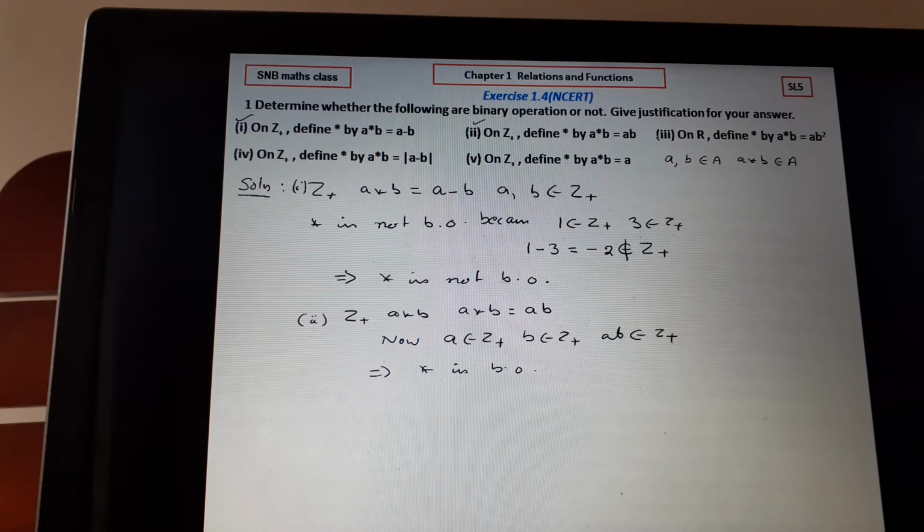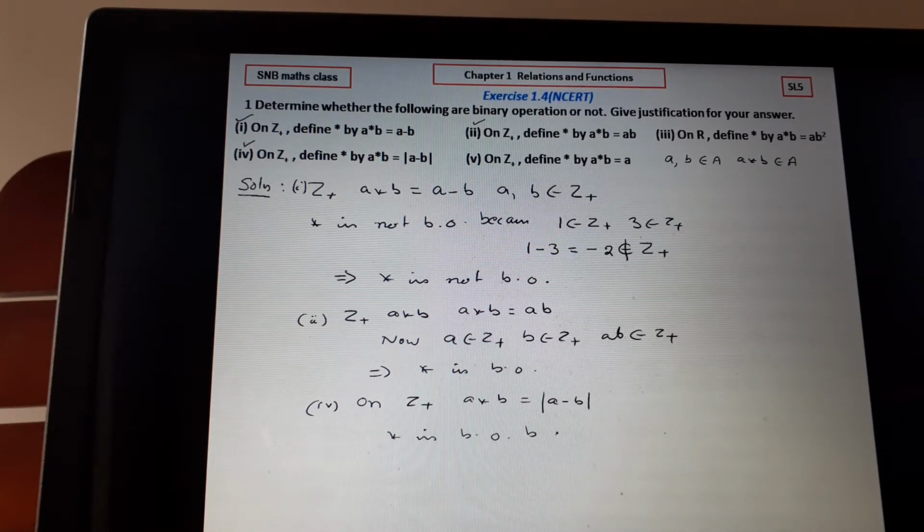Third one, let us do the third one also. Remaining two you can try yourself, or let me take this one. So instead of the third one, let me take the fourth question. Fourth question, on Z plus, once again on Z plus, A star B equal to mod of A minus B. So this is binary. See, note here, it would not be binary because of A minus B, but here it is mod of A minus B. Star is binary